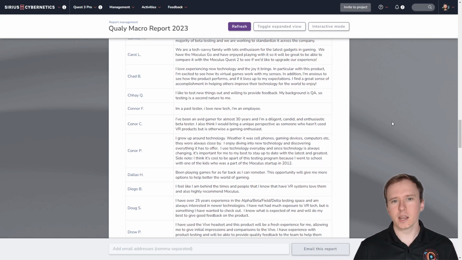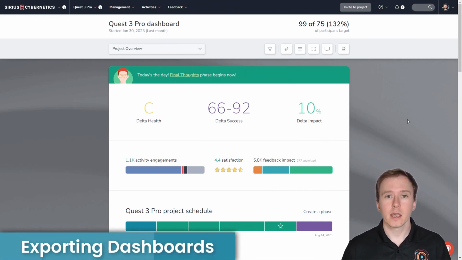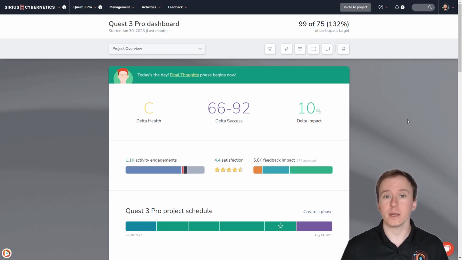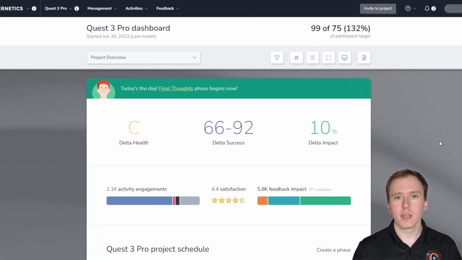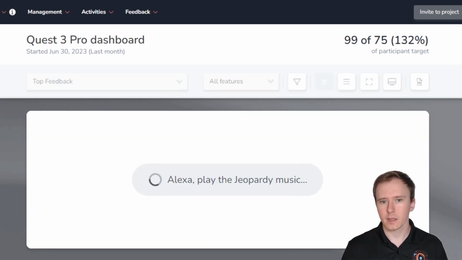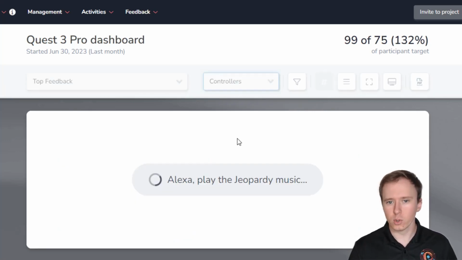Up next, let's go ahead and check out how we can export our dashboards as PDFs. Another way that we can get data out of Centercode is by exporting our dashboards. And we can actually use the different filter and view options for our dashboards and incorporate them into these PDFs. So for example, if I go to the top feedback dashboard here, and if I select a feature like controllers,